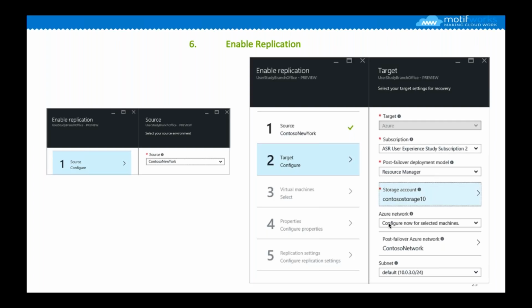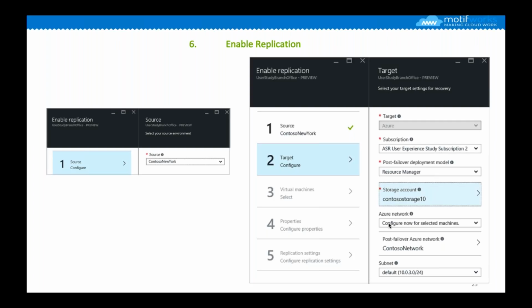So the next step is you basically enable replication. When you're enabling this, you need to provide the storage account information, what network you want to use, and what would be the post-failover Azure network. If you want to use a different VNet, you can use that. You have to specify the subnet it should use.